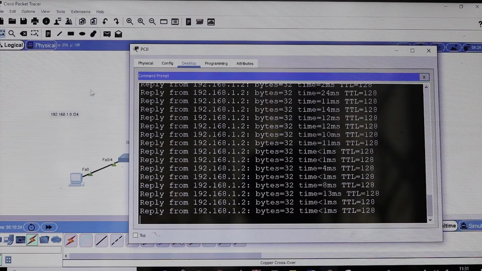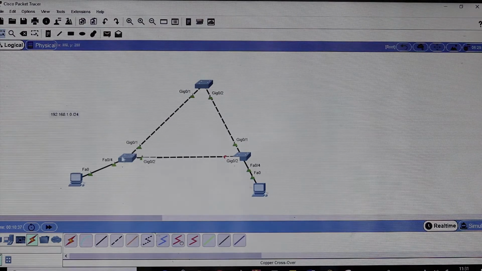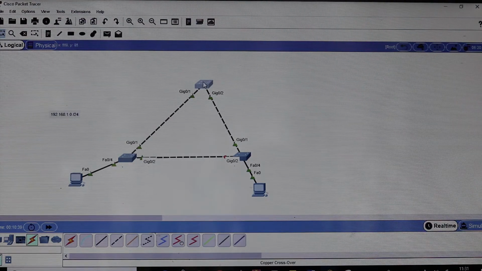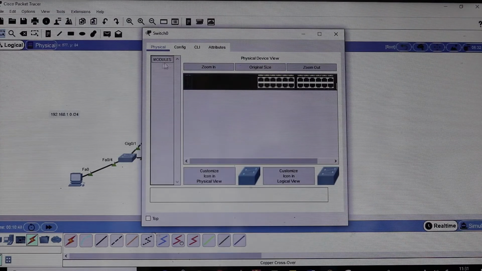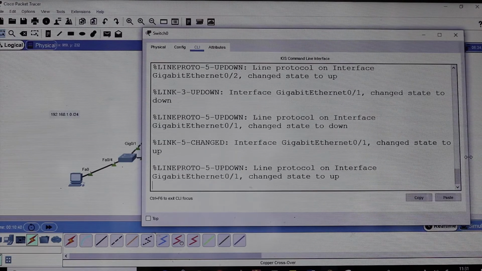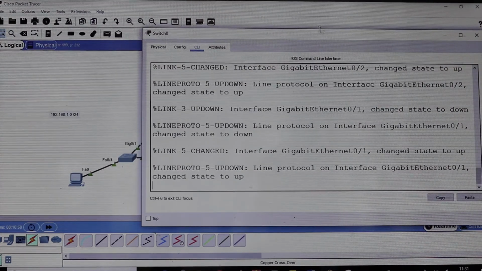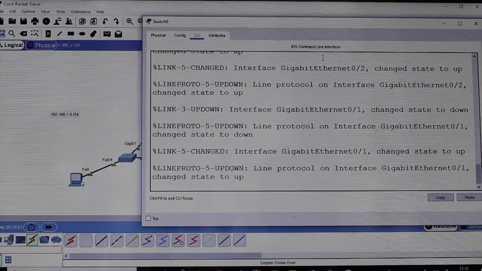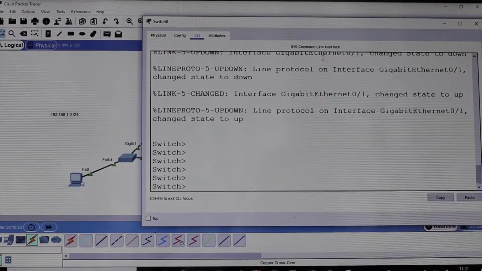Yes. That is STP. So for VLAN 1, this switch here is the root. Let's check whether this switch is the root bridge. Let's expand. What's the command?